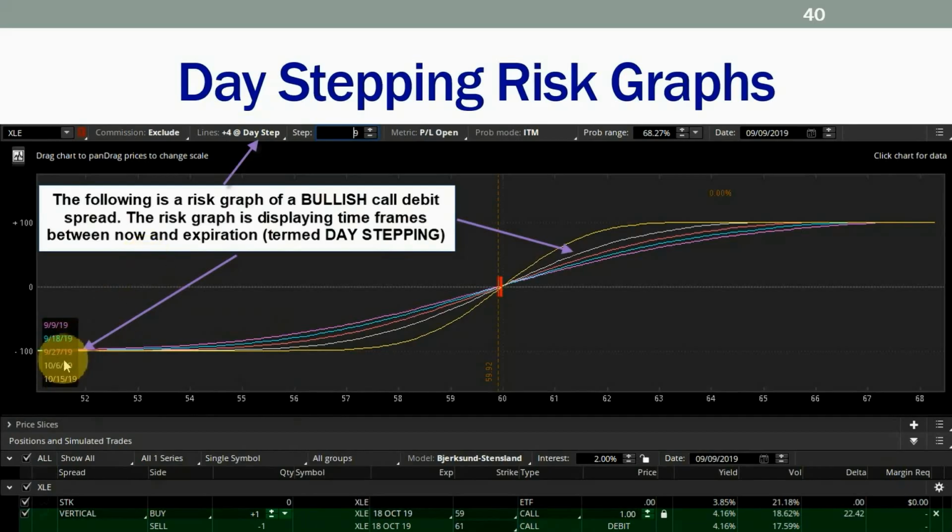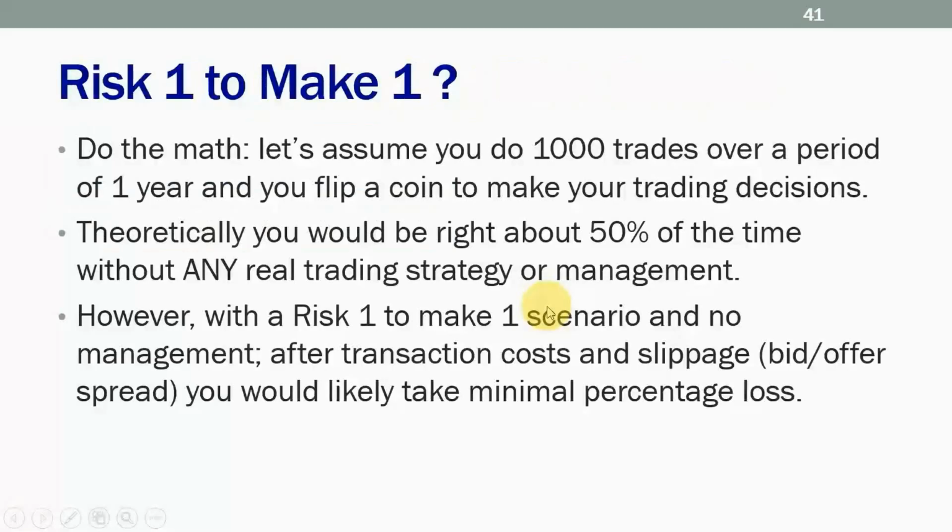Anyway, the risk graph, all I've done here is set the risk graph to 5 points in time. Those 5 points in time are represented by these 5 lines, and it shows you how the trade matures over time. I will never mature, but the trade, it matures. And it's more realistic to use day stepping. That's all I'm saying in here. So just be aware of that. Onward and upward.